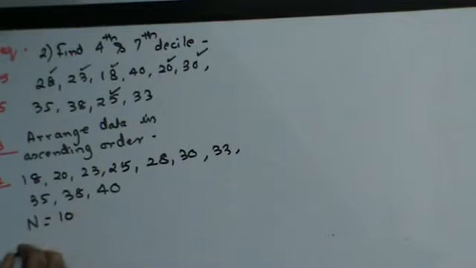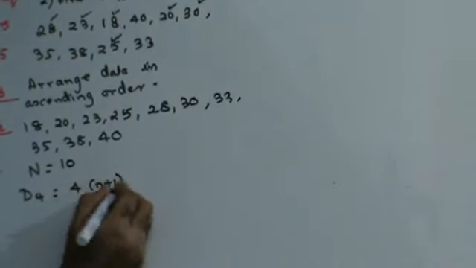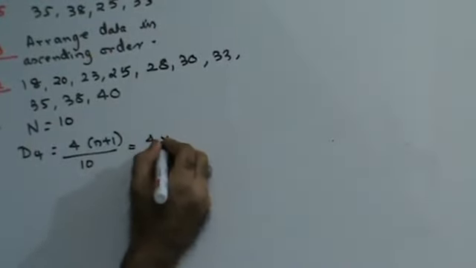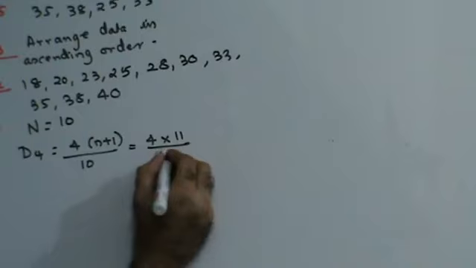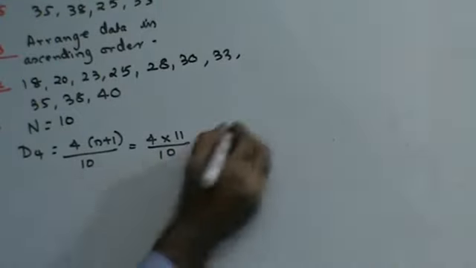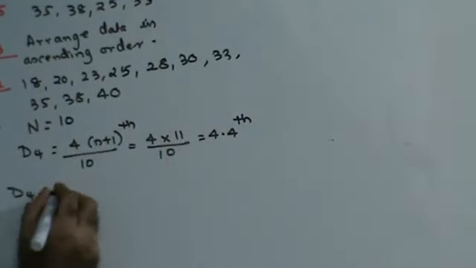N is 10, so I can find out D4. D4 is going to be nothing but 4 times (n plus 1) upon 10. So this is going to be 4 into (10 plus 1), 11, upon 10, which is going to be 4.4. This is the 4.4 10th term. Therefore I can say D4 is the 4th term